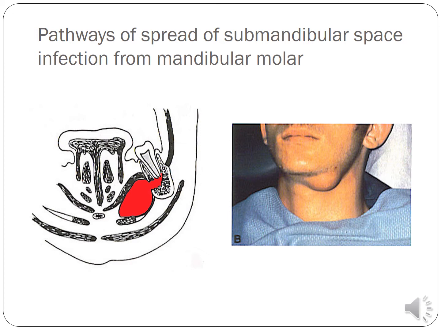This is a picture that shows the spread of submandibular space infection from the mandibular molar. Usually the submandibular space infection commonly occurs from the teeth in relation to the second molar and third molar. You can clearly see a red color marking that shows an infection that descends from the periapical region of the tooth, perforates the lingual cortex and enters into the submandibular space. Above the red submandibular infection, you can see the mylohyoid muscle, which is the floor of the mouth.